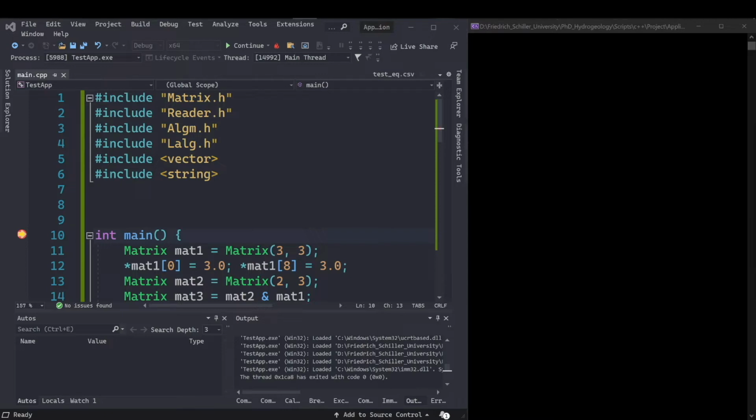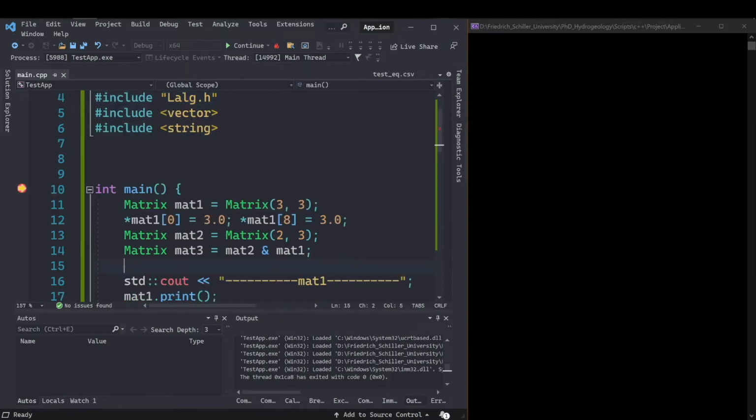Even though the length of this video will not permit me to demonstrate the capabilities of the current state of our library, I am sure it's going to give us an idea of what to expect as the series progresses. In this current project, I'm importing 4 header files, and these are among the classes that we are going to create within this series. In the int main function, I'm creating an instance of a 2-dimensional matrix of 3 rows